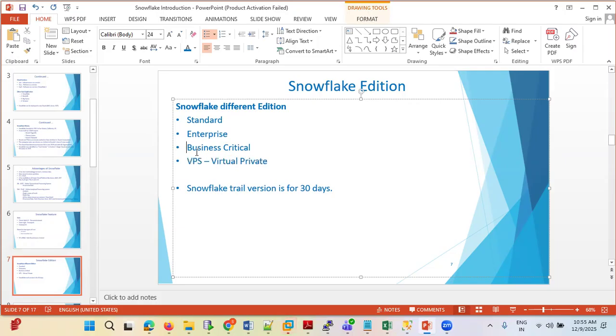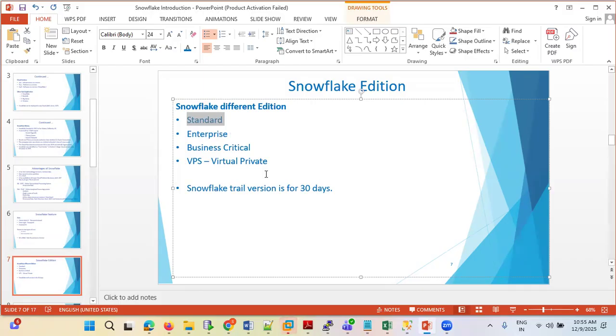Business critical is for organizations having very big projects with critical stuff. Enterprise is normally what companies use. If the project is at a very critical stage, they can upgrade to business critical with more features. And standard is given for us, who are learning for the first time,